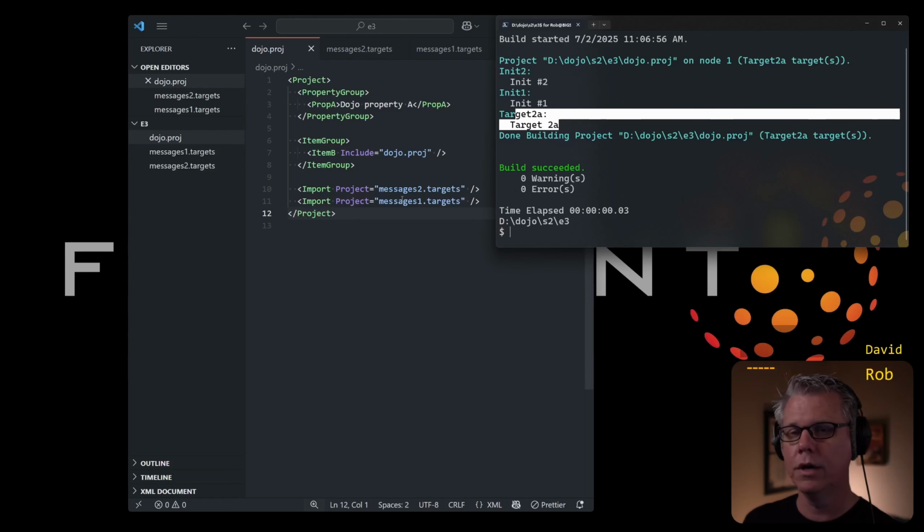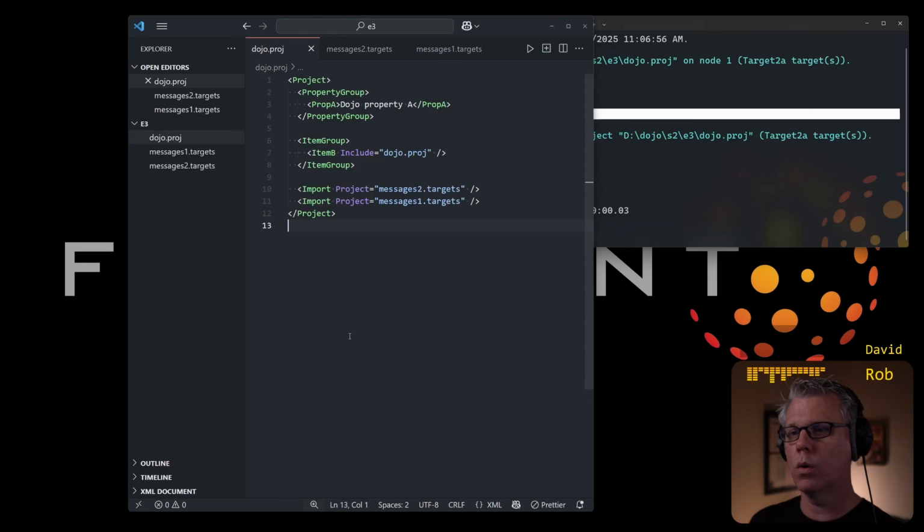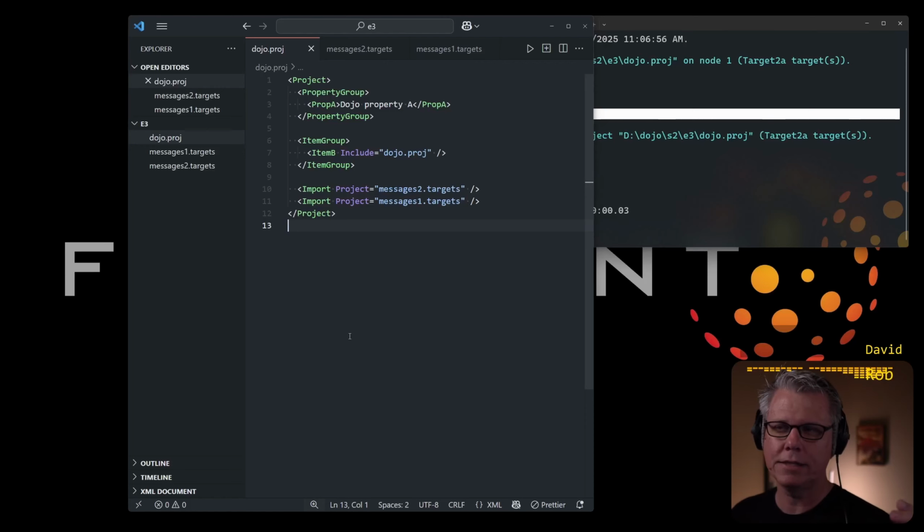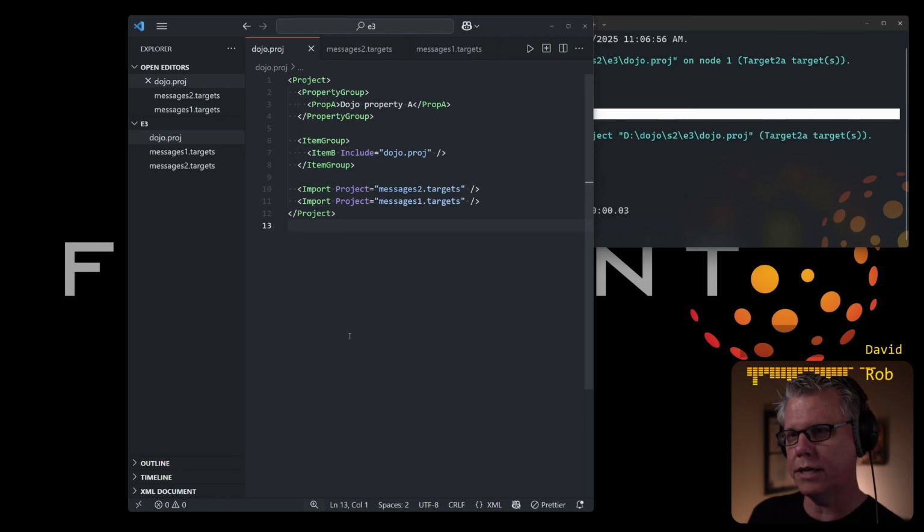So the order that these are imported is the order that their initialization targets will happen. Okay. So this is why I was saying, Martin, it's like an include file, but these importing of projects has more power because they can run targets as part of their import process. All right, so